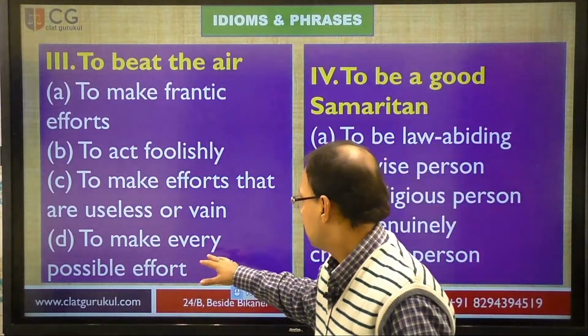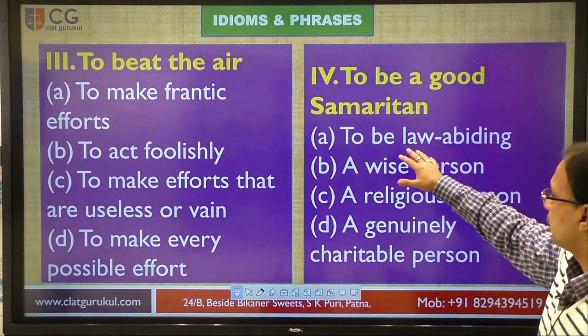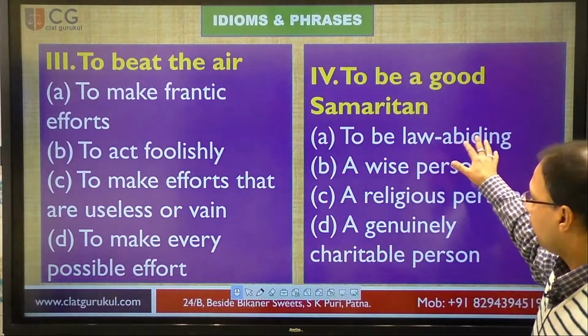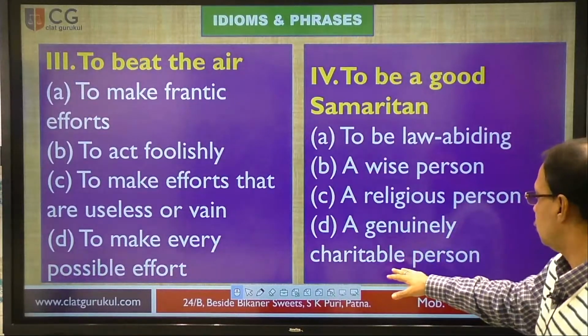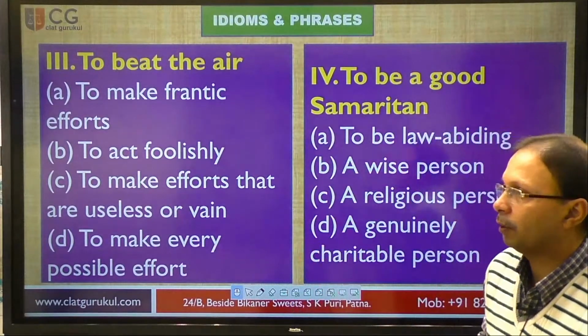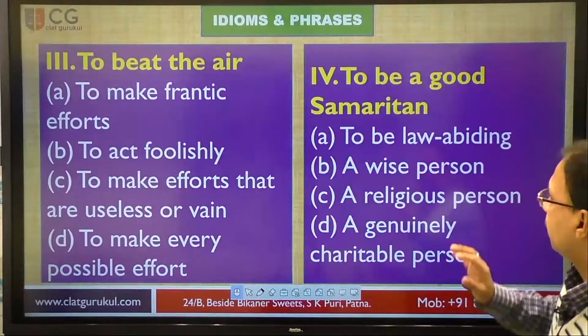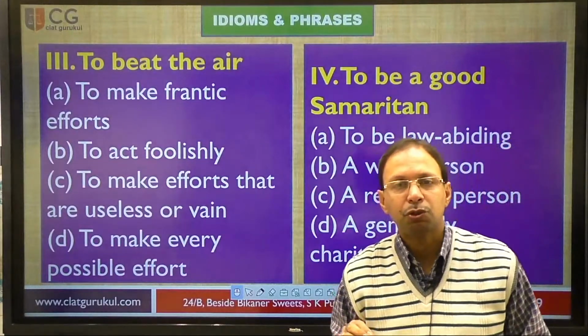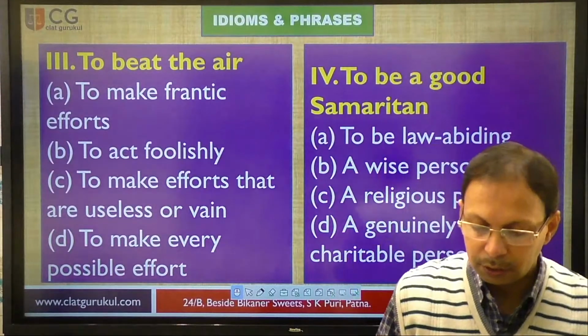Right? Next question. To be a good Samaritan, what does it mean? To be law-abiding, a wise person, a religious person, a genuinely charitable person. Four options are given over here. You have to select the correct one. Now, which one? Before doing that, I would like to share with you one thing that will help you